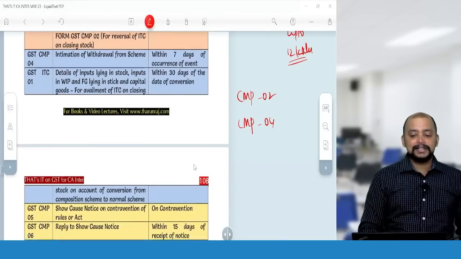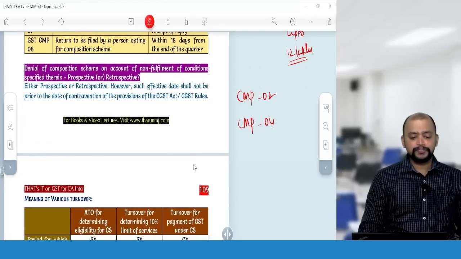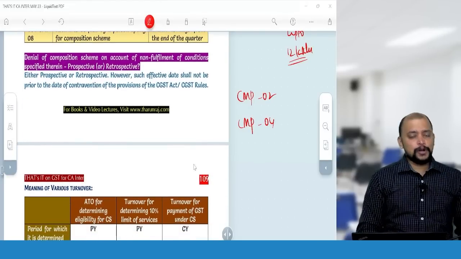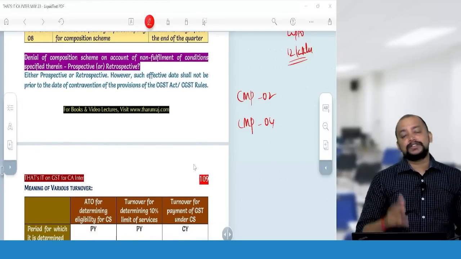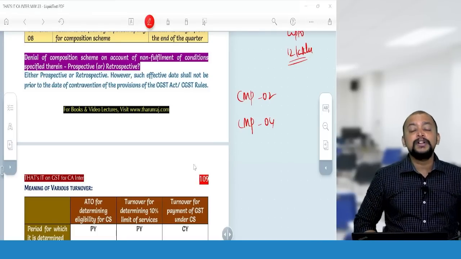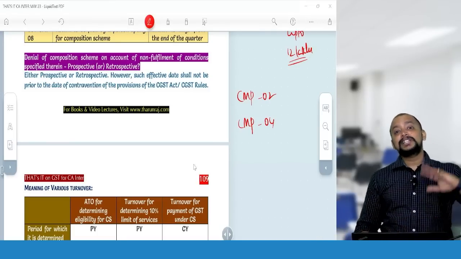Then next, this is the overview of various forms involved. And whenever they deny the composition scheme, will it be prospective or retrospective? It can be prospective or it can be retrospective, but it should not be before the date when we breach